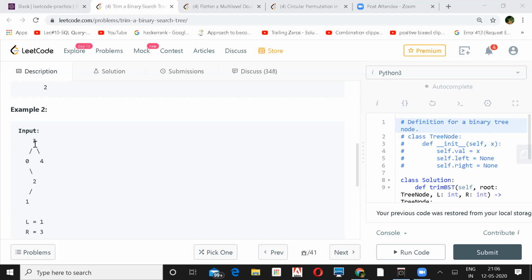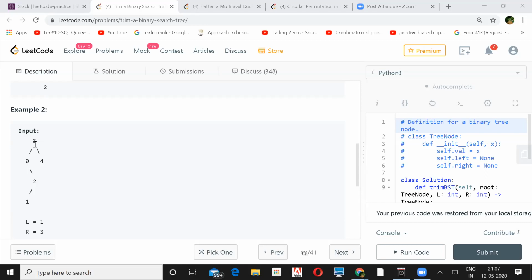So if you go to the root node 0, 0 does not have any left child. So let's go to the 2. The left child of 2 is 1, and 2 is lesser than your boundary range, so you don't have to go further left because it is a binary search tree. You don't have to go to the next level on the left side if the root itself is lesser than your boundary range values.